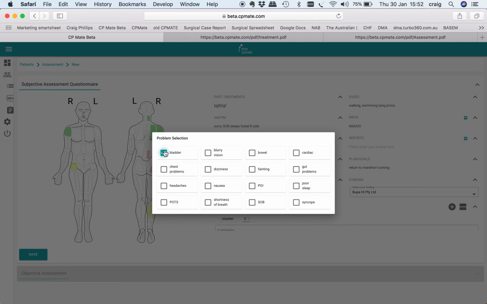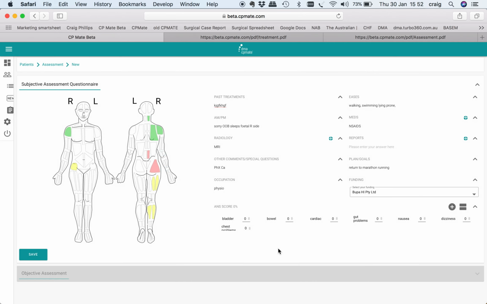Do we have bladder problems? Do we have bowel problems? But also coexisting cardiac, gut, nausea, dizziness, chest issues. These can all be included. If there are no problems, we ask the questions, they're left as a 0. If they do have problems, they can be 0 to 9 as to how great a problem they are, and